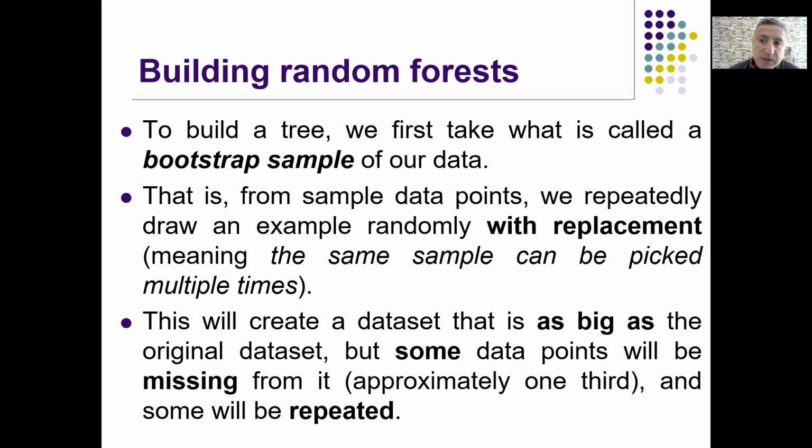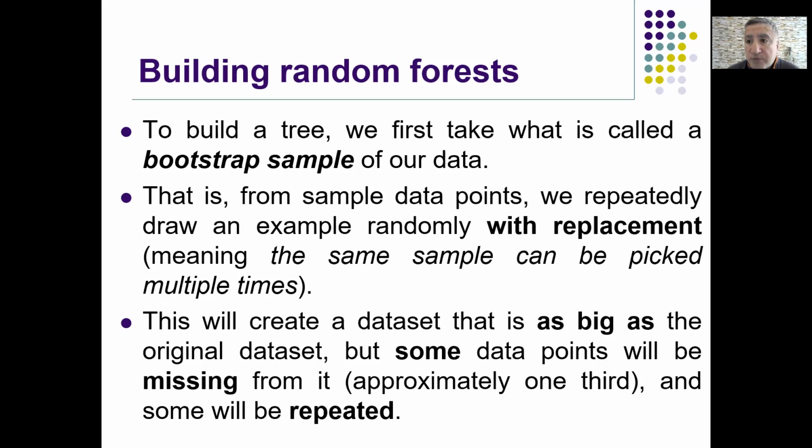I will explain now this process. It is called bootstrap sample. That is, from sample data points in the train set, we repeatedly draw an example randomly with replacement. Here is the keyword, replacement. Replacement means that when you select a sample from the data set randomly, in the next selection, you can still select the same sample. So you don't remove the selected sample from the train set. So you are gonna keep selecting from the same data set